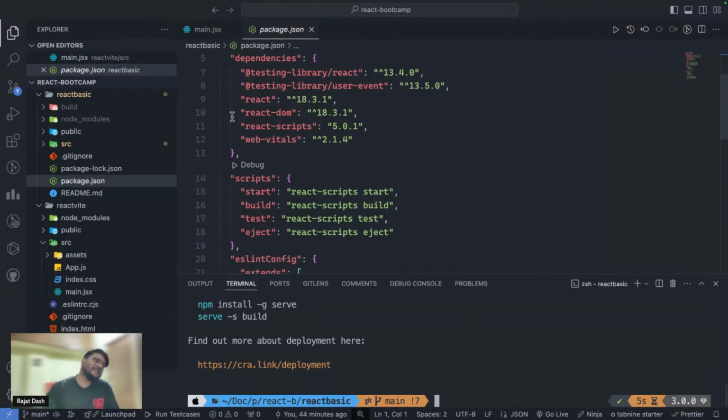What is Babel and how is it used by React? Babel is a JavaScript interpreter. I will show you one thing.